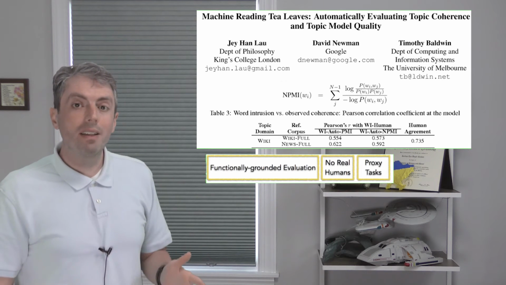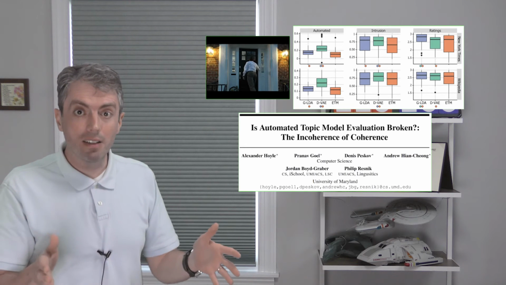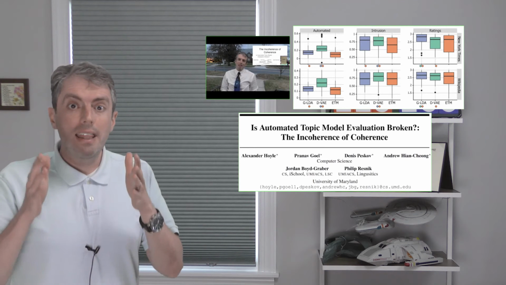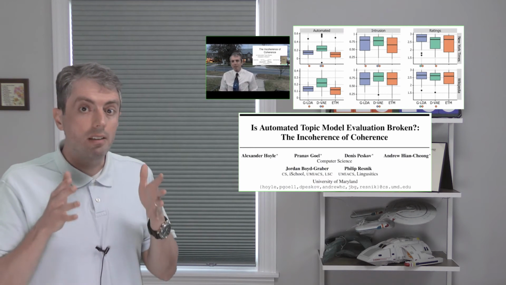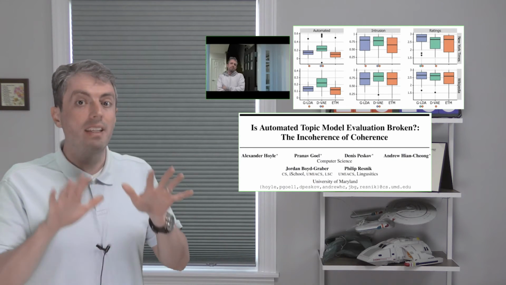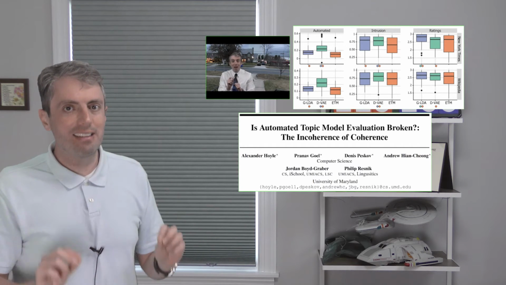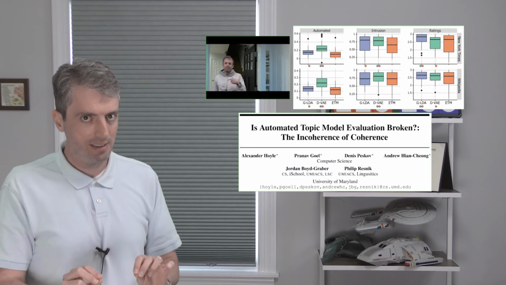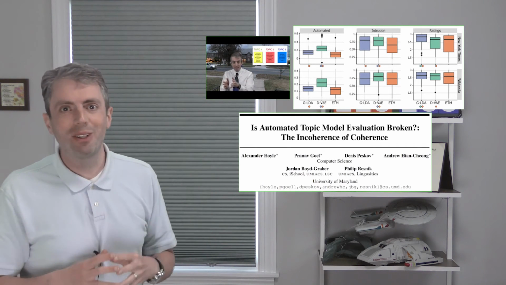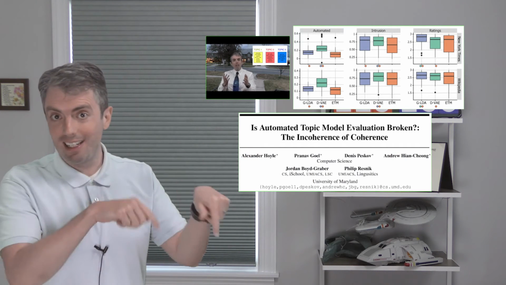So if this works well, can we just forget about humans? No. And here I'll put myself back in the narrative again. While these automatic metrics show the same general trends as human metrics, they can impart too much certainty to the conclusions that you draw if you use them. While these functionally grounded evaluations are better than nothing, they need to be constantly and consistently validated against human interpretability experiments. If you want more of the story for topic models, you can check out my most popular video of 2021, which was the presentation of this NeurIPS paper, link in the description.